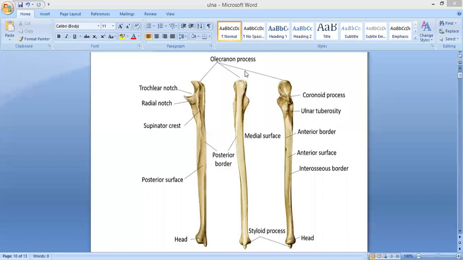Today we'll talk about the ulna. Well, the ulna is also one of the large bones of the forearm, and it is lying